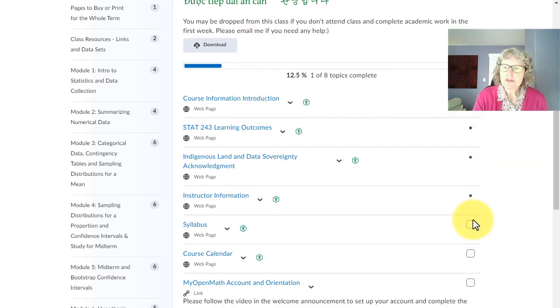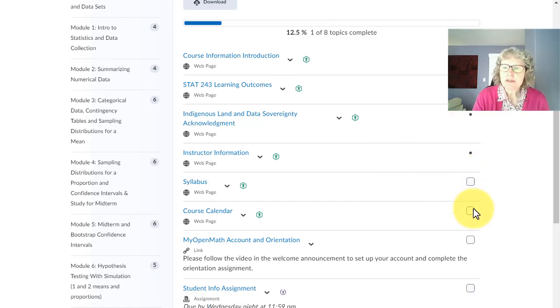Oh, I also want to mention this over here. Some items are automatically, the things that I think you're just going to go to one time and you're done, it's an automatic check off. But things you might spend more time on or come back to, I have set this up so you can check it off manually. So treat this like a checklist.